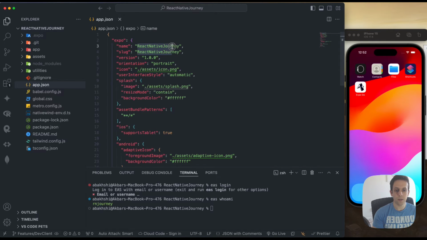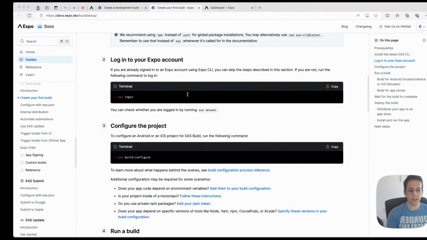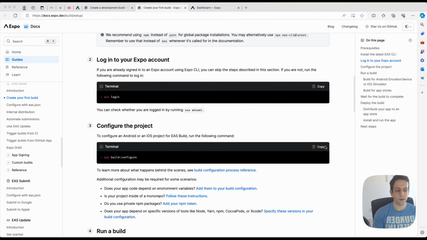So I'm actually going to make a little bit of change. I'm going to do rn journey over here, and this is basically the name of your app that will show up on a device, and also the slug will be used for the link in the Apple and Google store. So I'm going to save that, and once I'm good with that, the next step is to configure my project using this